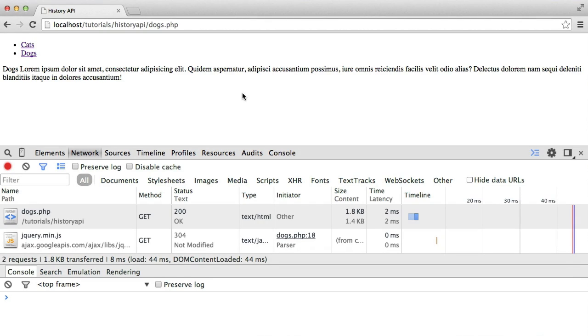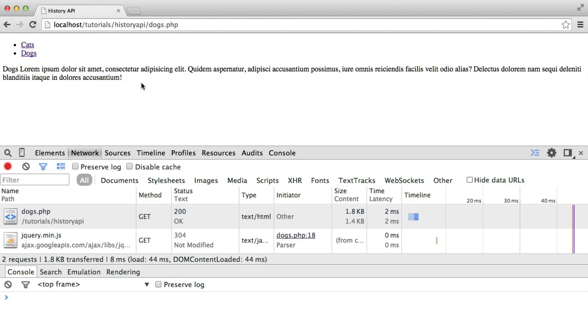So in this video, we're going to be looking at the JavaScript History API. And this is really interesting because it'll allow you to modify the browser history in a way that you previously wouldn't have been able to do. Now by this, I mean that you can control parts of your page based on pushing a state to the